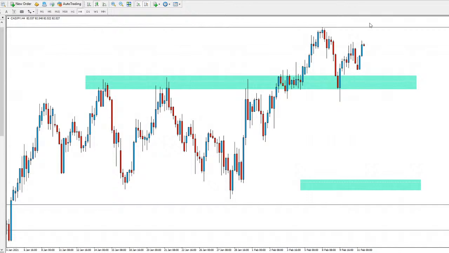And then we could see further continuation to the upside, maybe back to the highs there. But CAD/JPY is still looking bullish as long as we hold that level. If we break through that level, we could see price come all the way back down to this support here, and then potentially maybe go a lot further. But for now, still hanging on to that support, still holding, expect price to come back to the highs there.